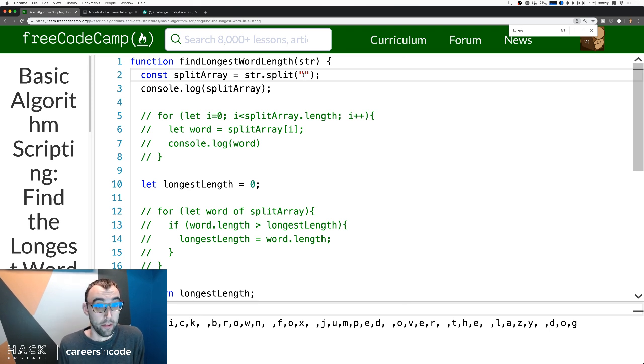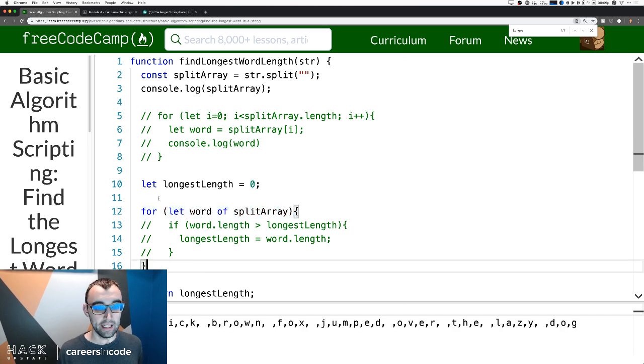So what that's doing is splitting the string into an array on just nothing. So what we're doing is we're kind of tricking split and we're saying, hey, make an array out of every single letter in the string. So now that we're doing that, we can loop over it the way we wrote the traditional for loop here, or we can use